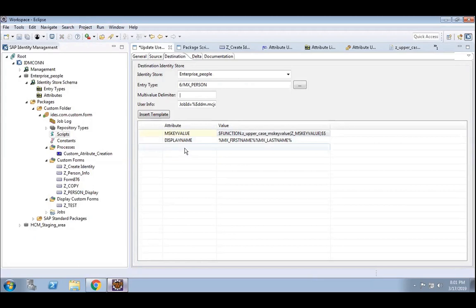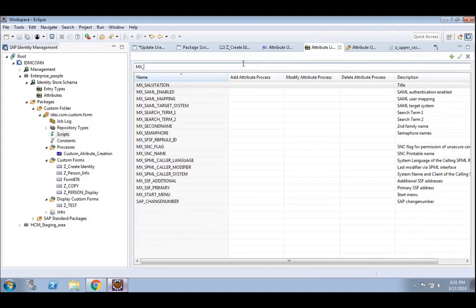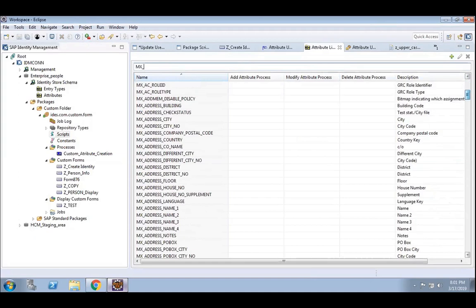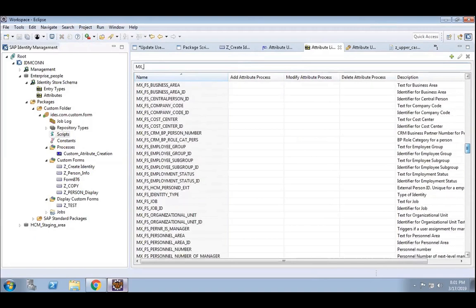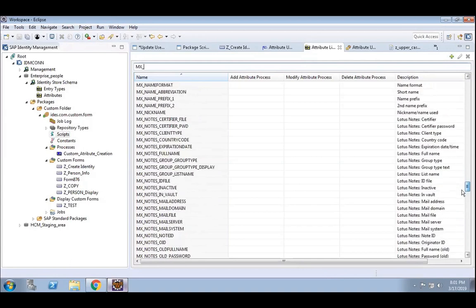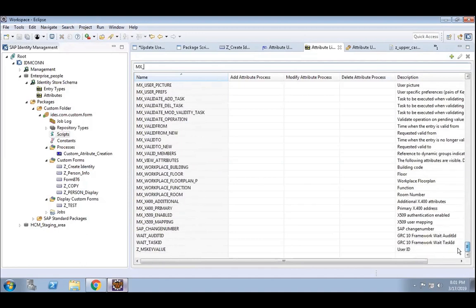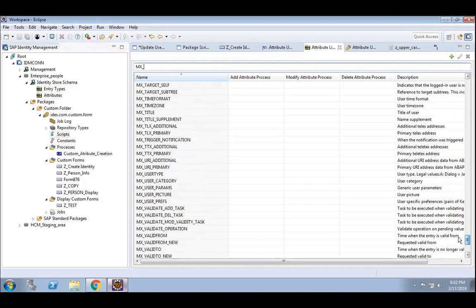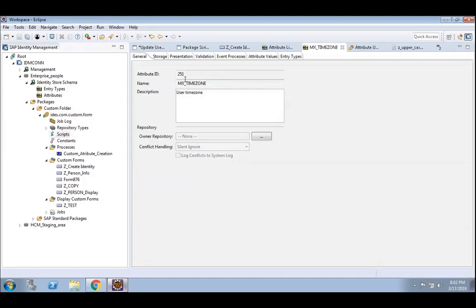Now, what are the attributes I said I need to set? Something like mx underscore time zone. Okay, mx underscore time zone. So just check the value.